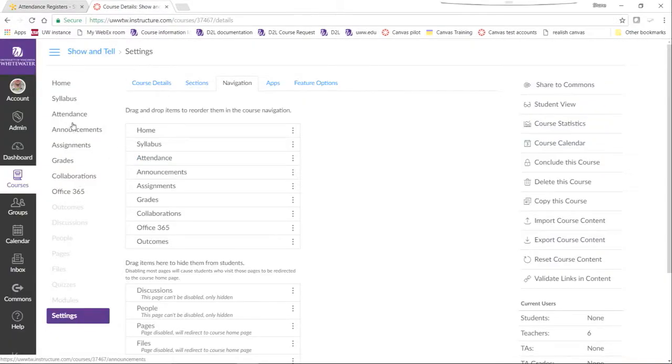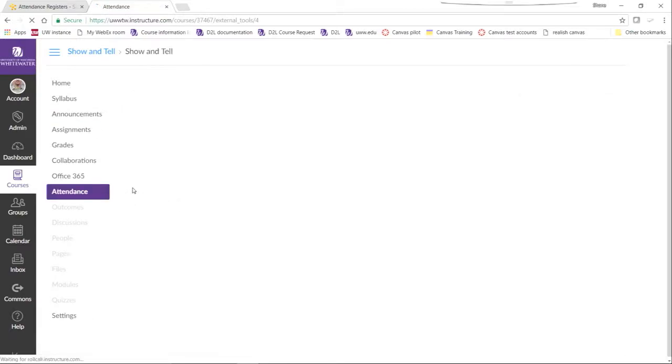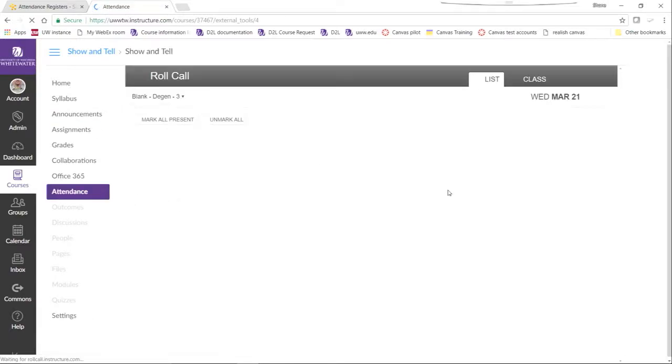In Canvas, once in your attendance tool, it uses the calendar, and you can merely move through the days and mark people as present or absent. In this course, we only have that one test student, so it isn't very interesting to look at.